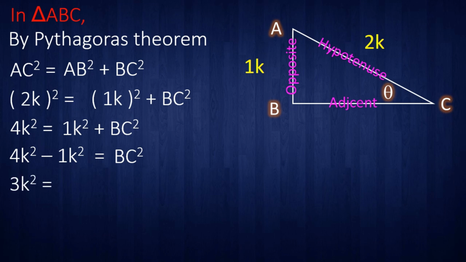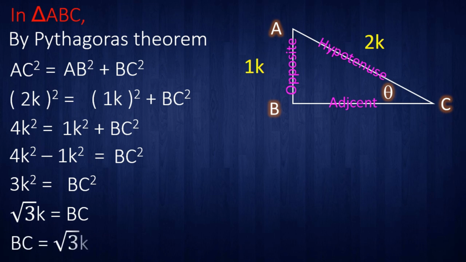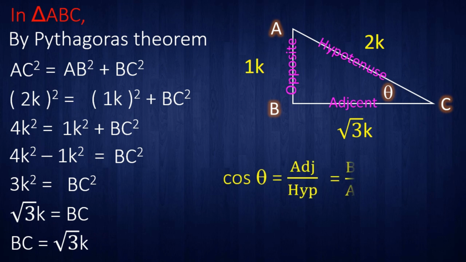Now take square root. 3 root is not there, so write in root sign. Root 3 K is equal to BC. So BC is root 3 K. BC we showed in the figure root 3k. Now the remaining ratios we are finding. Cos theta is equal to adjacent upon hypotenuse. Adjacent is BC, hypotenuse is AC. BC value is root 3k and hypotenuse AC value is 2k. K cancel, root 3